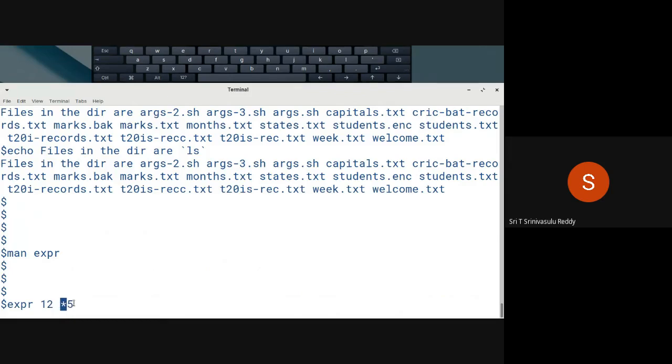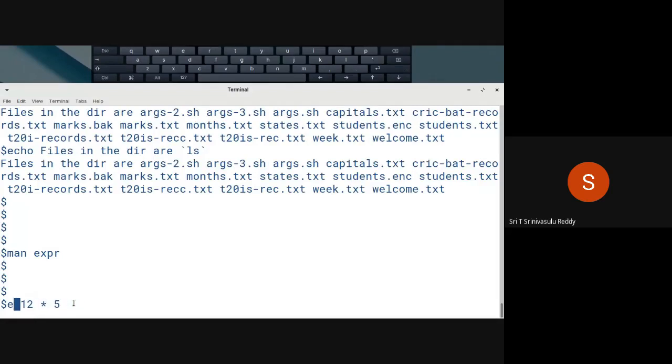Whereas what happens is the moment you give expr 12 star 5, the star now becomes a path name expansion actually. So that star is replaced with all the matching file names. So that the actual command becomes,